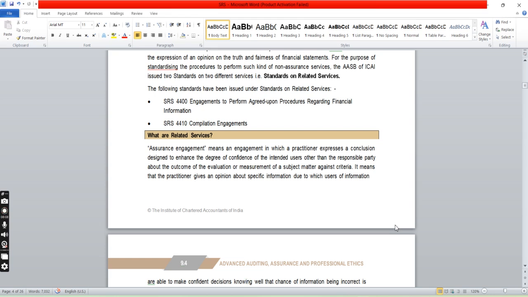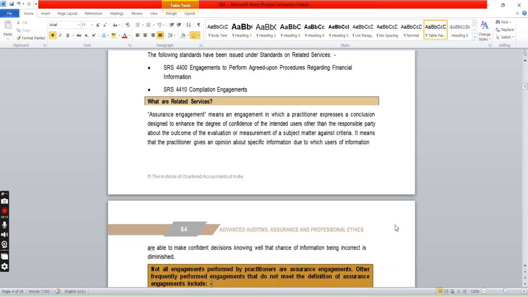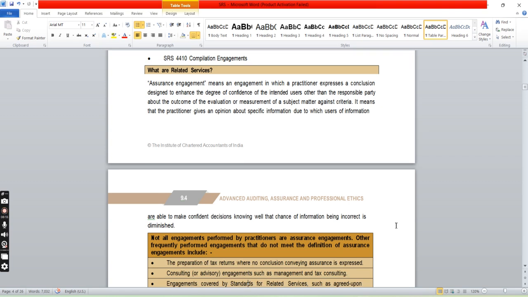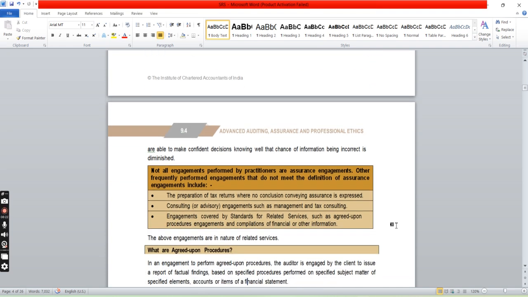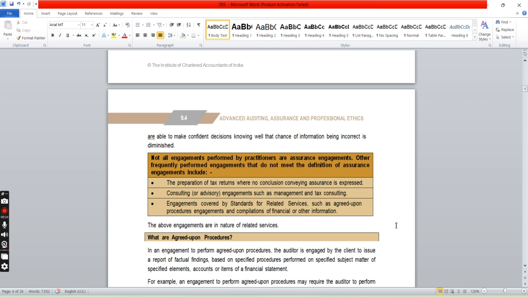It means that the practitioner gives an opinion about specific information on which the users of information are able to make confident decisions, knowing well that the chance of information being incorrect is diminished. Not all engagements performed by the practitioners are assurance engagements. So currently we are reading the standards which are based on non-assurance engagements. Other frequently performed engagements that do not meet the definition of assurance engagement include: